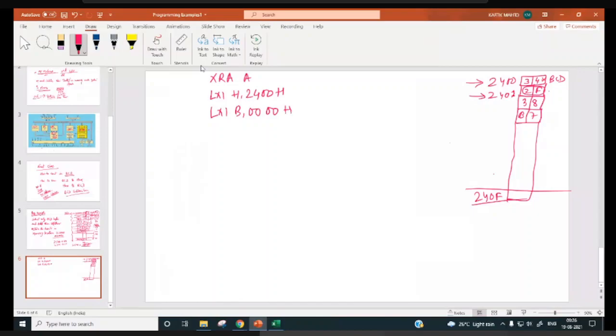Now next instruction is MOV A, M. CMP, compare M. JNZ skip addition.